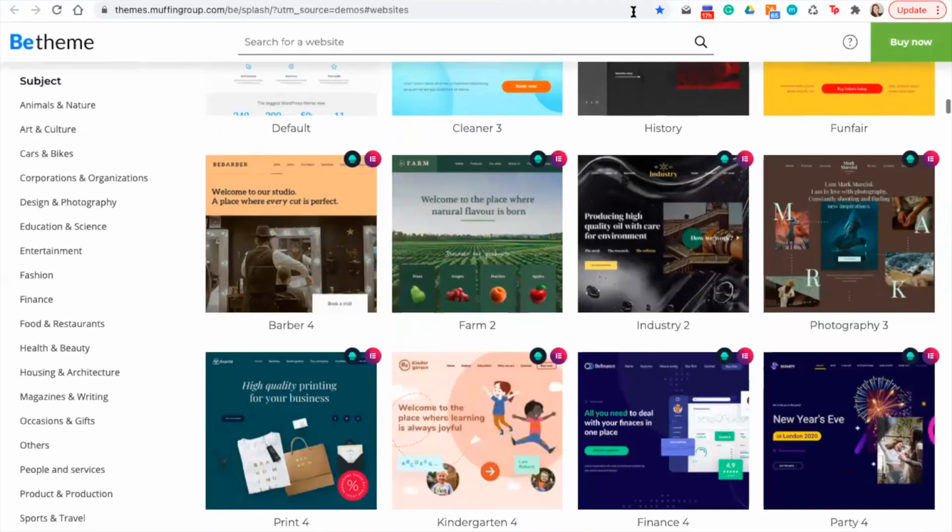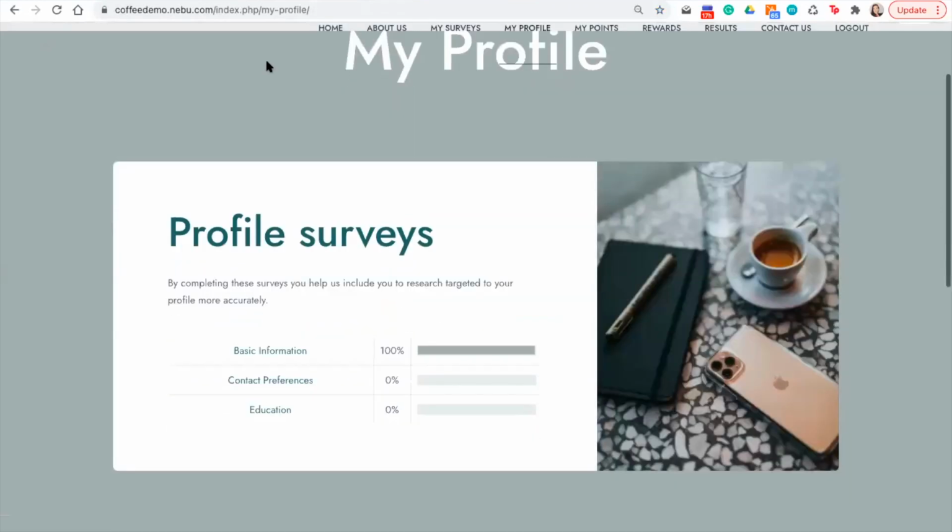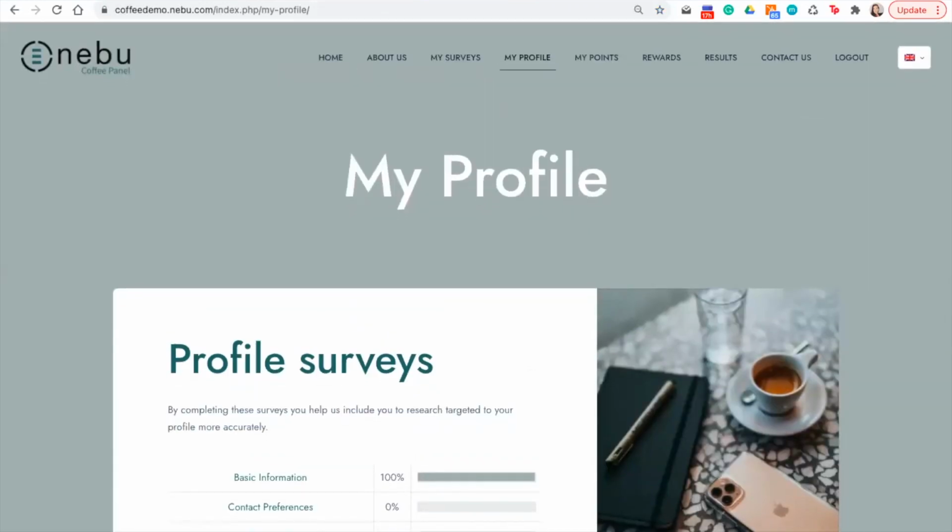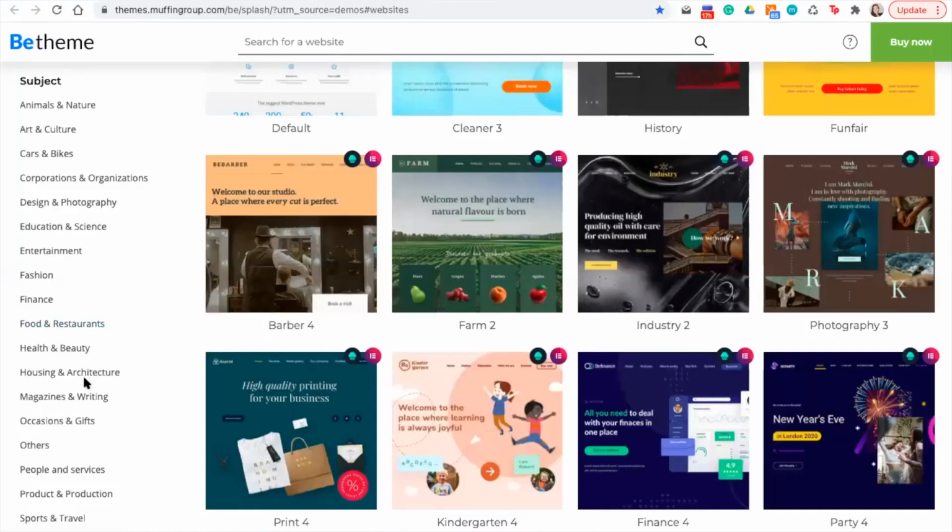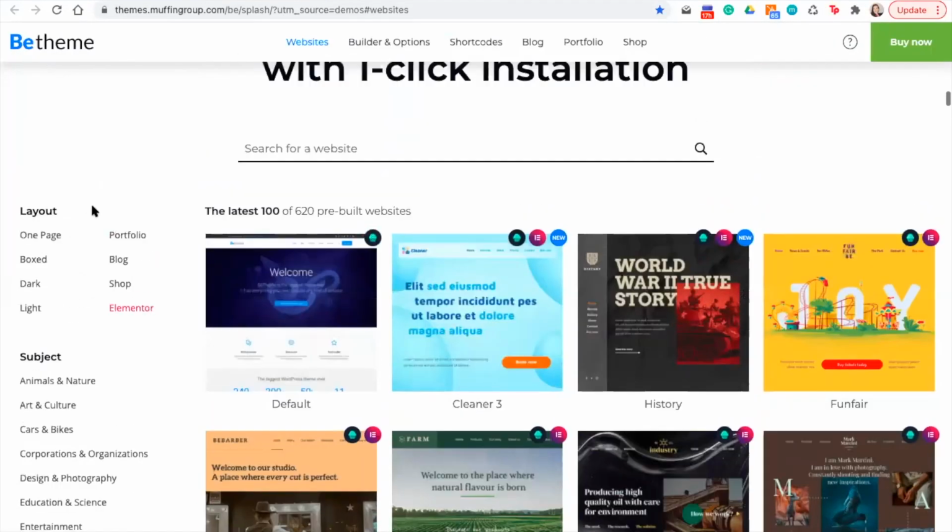And yeah, so I showed you a little bit around the portal, and I would like to show you the theme that I have actually picked. I have browsed through several pages. Oh, and maybe also this is a nice tip to know. Whenever you're looking at a particular theme in